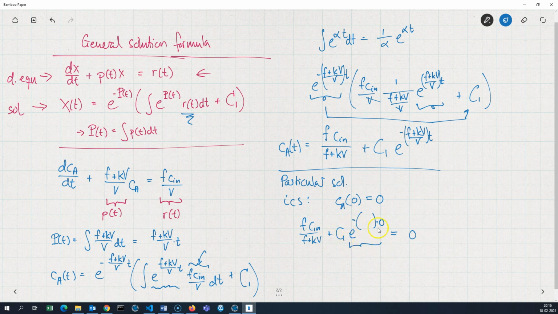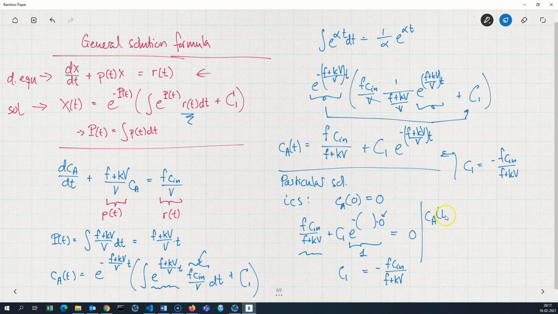Right. So this part here, because I set t equal to 0, this is going to be 1. So all it says here is C1, and then I can move this bit here to the right hand side. So I'm going to get this expression for C1, and then I can substitute that back into my general solution. So I'm going to substitute this expression into the general solution to achieve